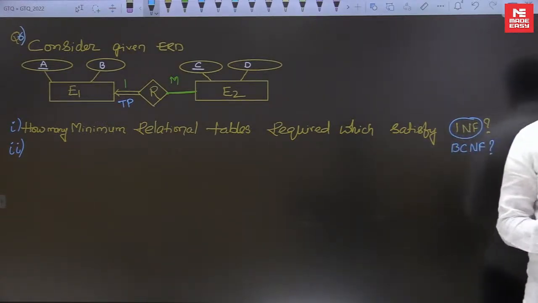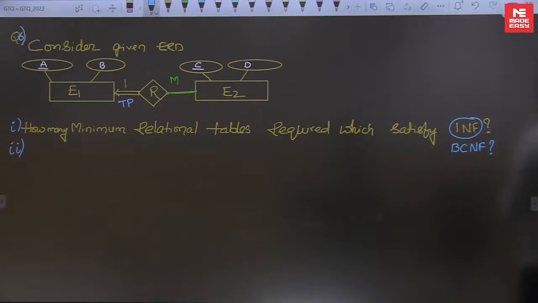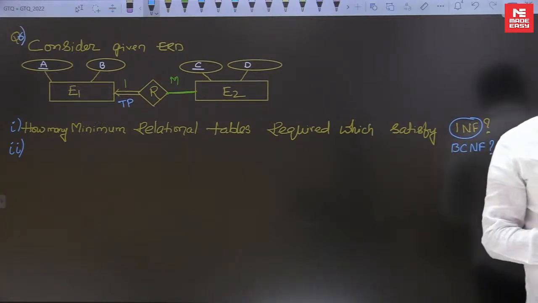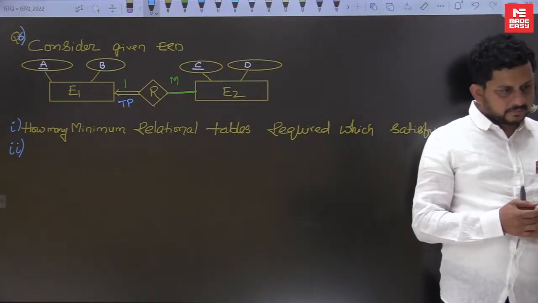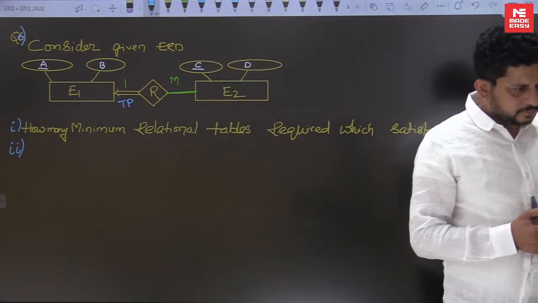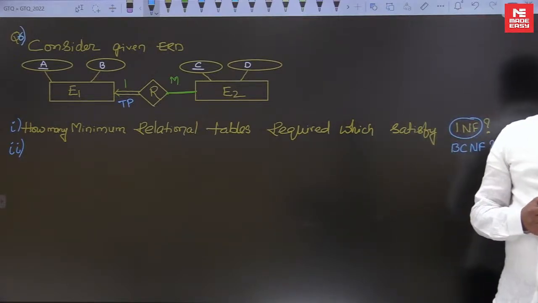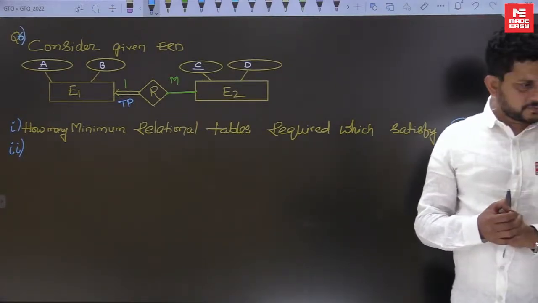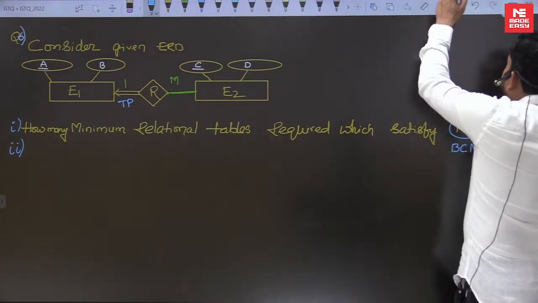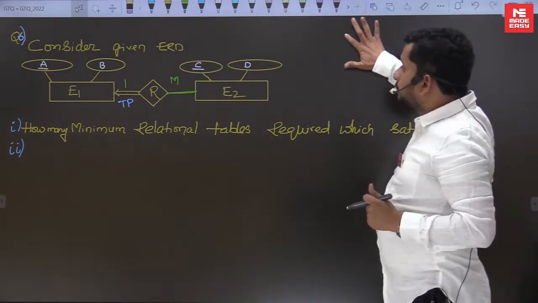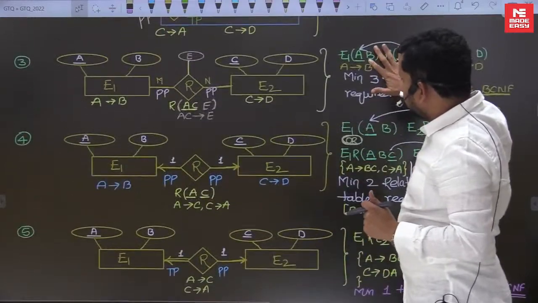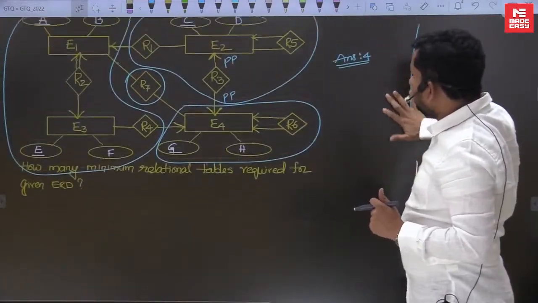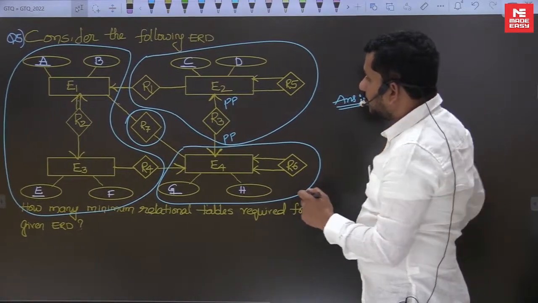Right? How we get grouped R2? So, yeah, so